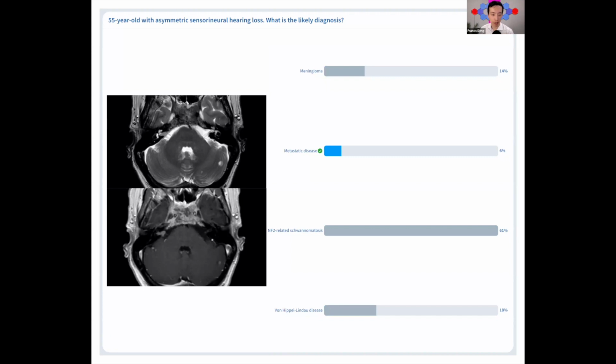Now, most of you fell for my trick here and chose the incorrect answer of NF2-related schwannomatosis. The correct answer is metastatic disease. Most of you probably noticed that there is an enhancing lesion in the right internal auditory canal. Some of you may have also noticed that there are two small enhancing foci in the left internal auditory canal as well. But to get the right answer, you would also have to notice that there are additional enhancing lesions